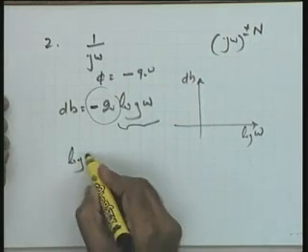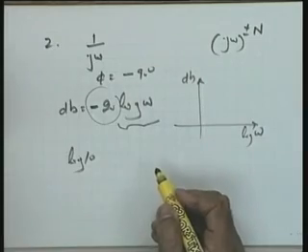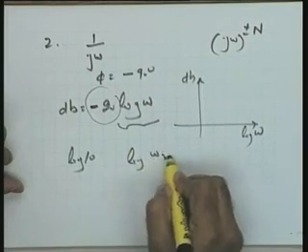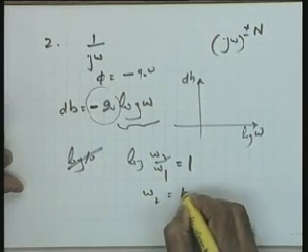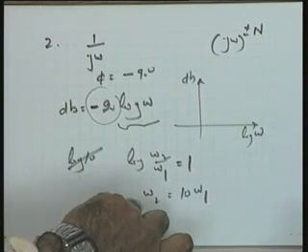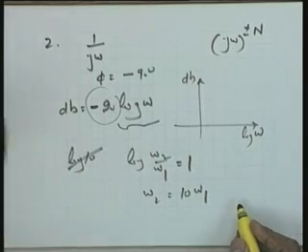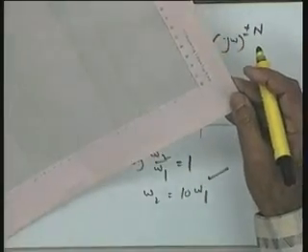You know that a unit of log omega comes from log 10, a factor of 10, equal to 1. Therefore, log omega 2 by omega 1 equal to unity gives you omega 2 equal to 10 omega 1. So when the frequency changes by a factor of 10, you have 1 unit of log omega. I am telling you this because we are going to use this semi log paper, in which the factor of 10 is available to me.